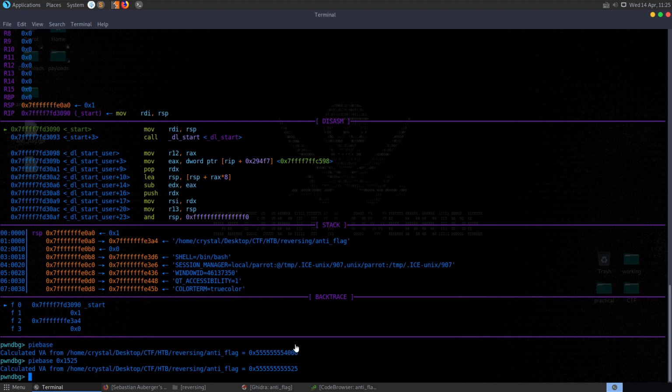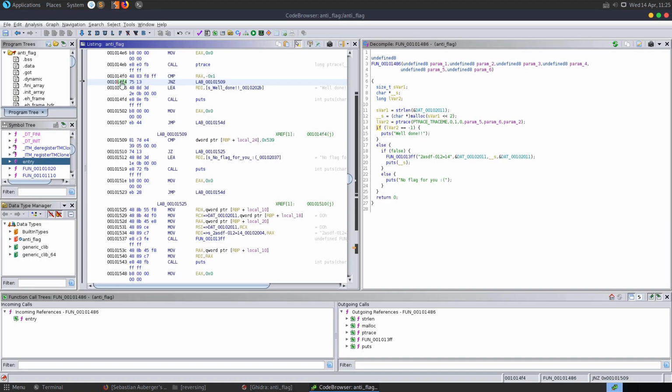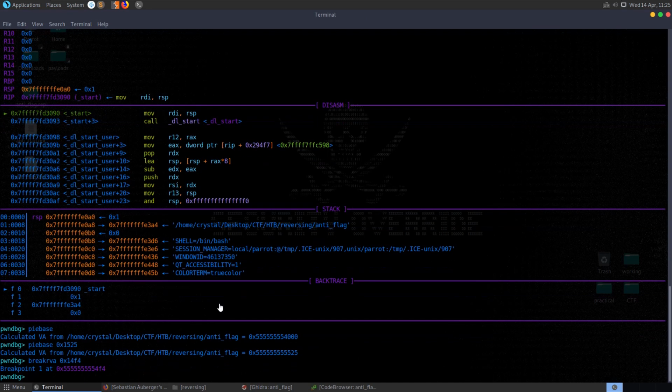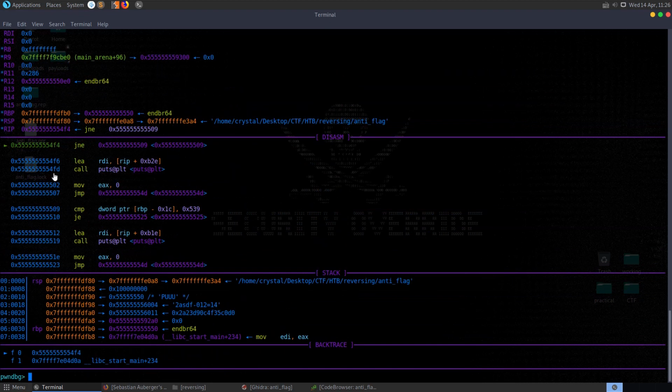And now we want to just set up a breakpoint as well. I'm going to do break RVA, which will set a breakpoint at the offset that I provide here from the PIE base. And the offset is going to be this 14F4, and I'm going to hit continue, just allow that to continue. It'll hit that breakpoint at the, you can see here, 54F4,